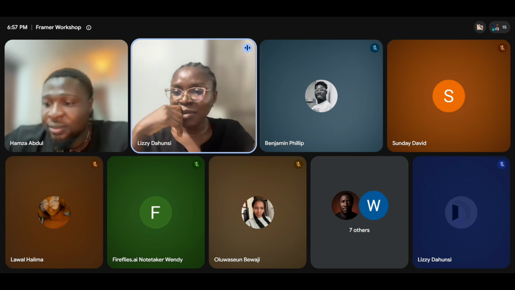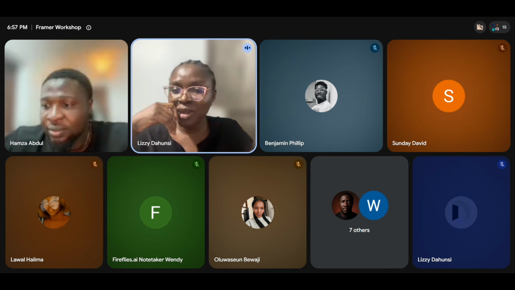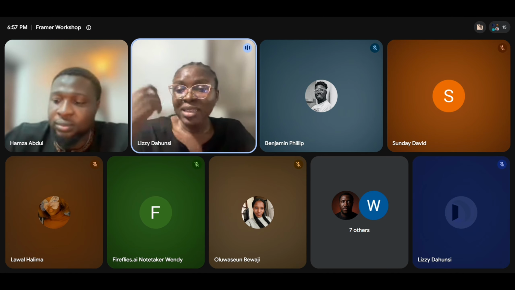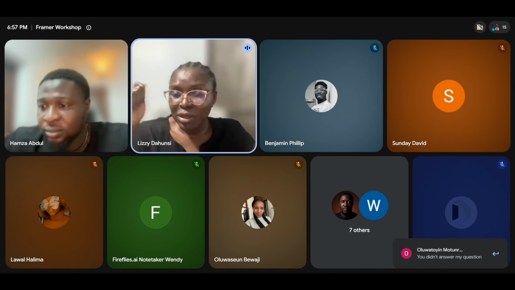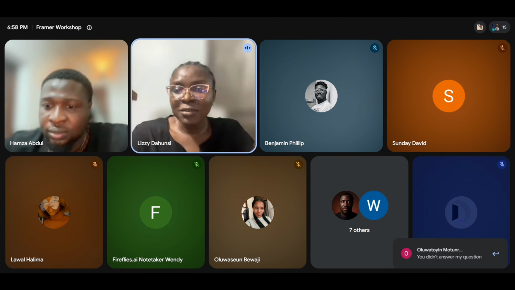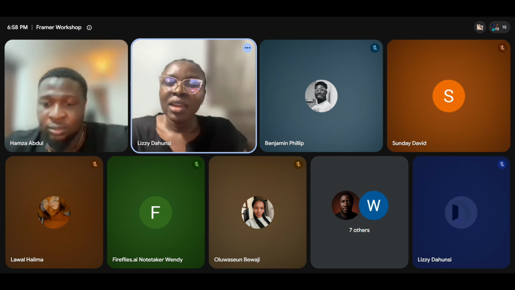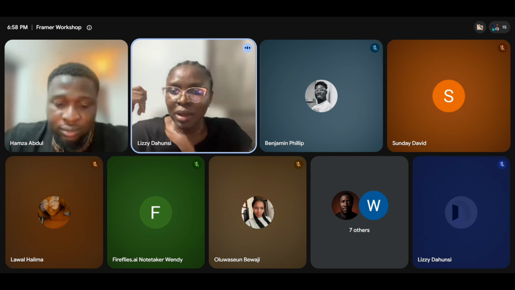Okay, so I believe we've learned how to use Framer smarter, and not only that, we learned how to use AI smarter. Framer was just a means to an end for us to get there. So look at it as you learned beyond Framer. You learned how to use AI smarter. You learned how to reduce your tokens when attaching files to your AI. You learned how to prompt better.